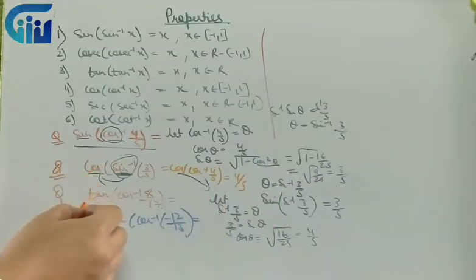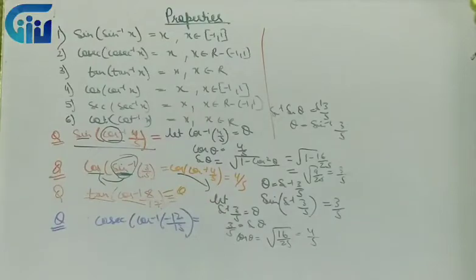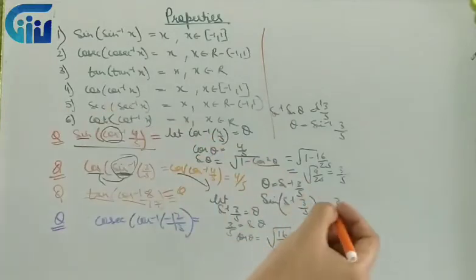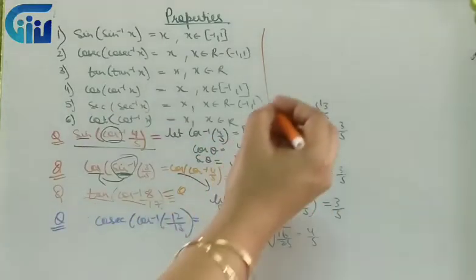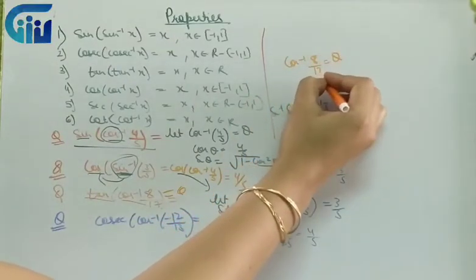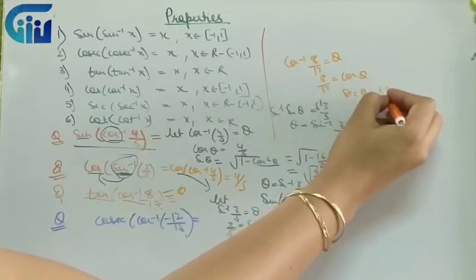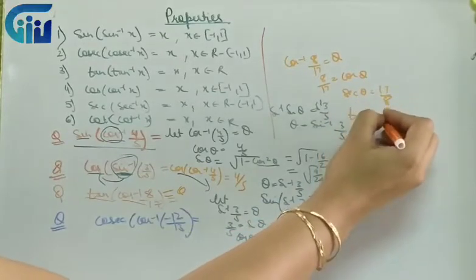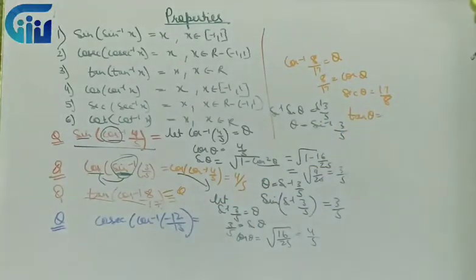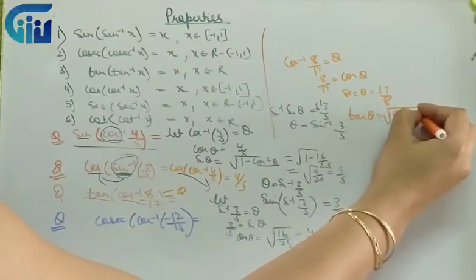Similarly over here, if it is tan and cos inverse, again we'll write it as theta. And now I'll change it to the other form in terms of cos. I can write it in terms of tan. So I'll write cos inverse 8 by 17 is theta. So 8 by 17 is cos theta. So my sec theta is 17 by 8. So what is tan theta? I know 1 plus tan square theta is sec square theta. So tan will be under root of secant square theta minus 1.